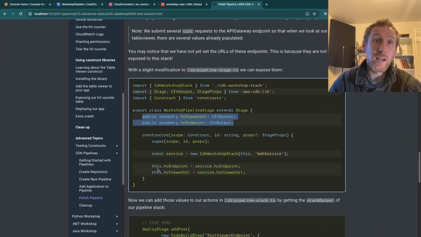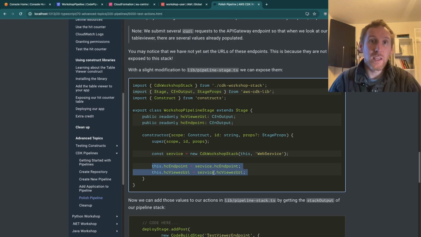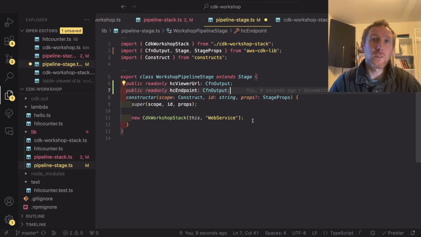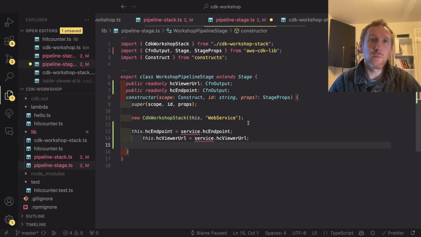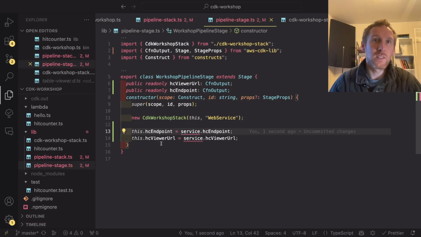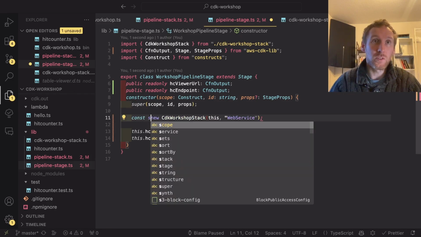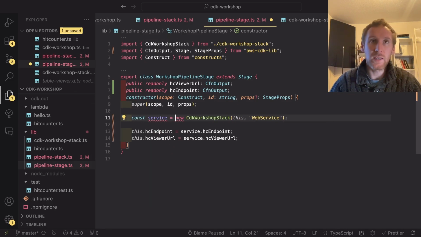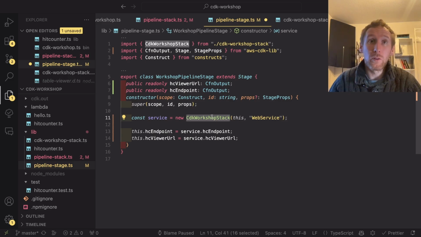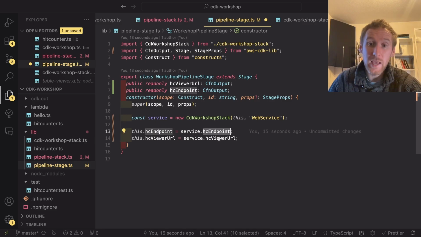We now can actually set the HC endpoint as service dot, and if I just paste this in here, it'll make a little bit more sense, and save these. But obviously service hasn't been defined, so we're going to say const service equals whatever the output from the CDK workshop stack is. The fact that we can say the HPC endpoint and HC viewer URL was what we went